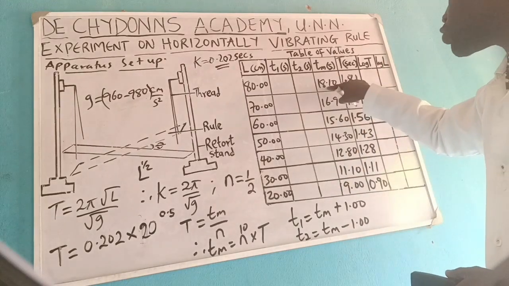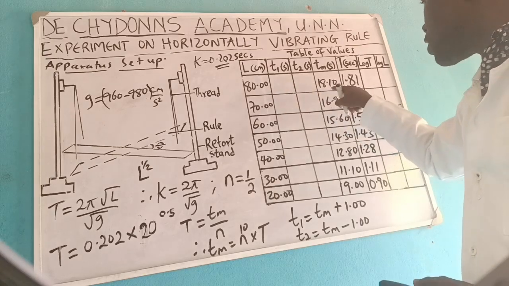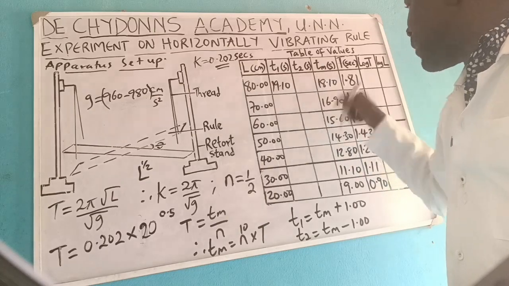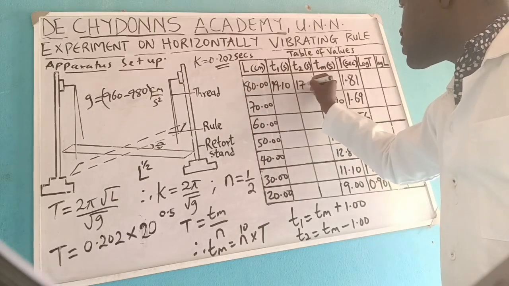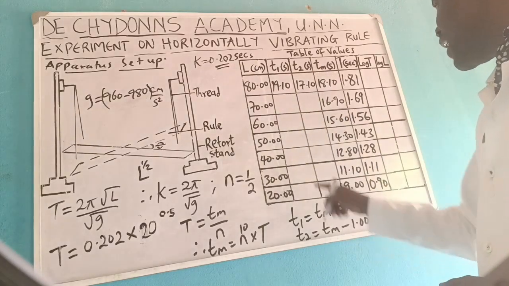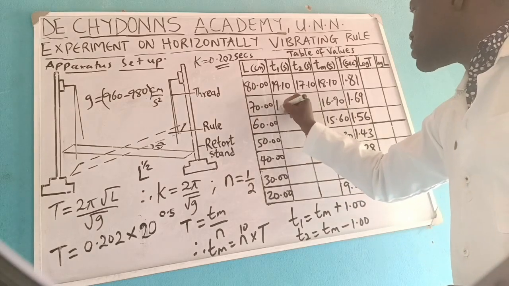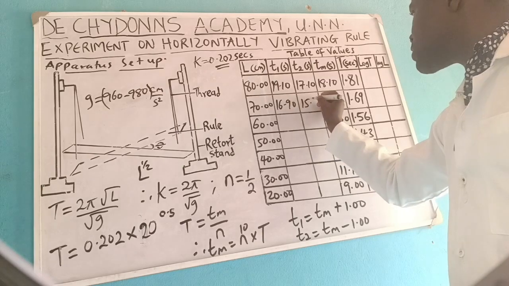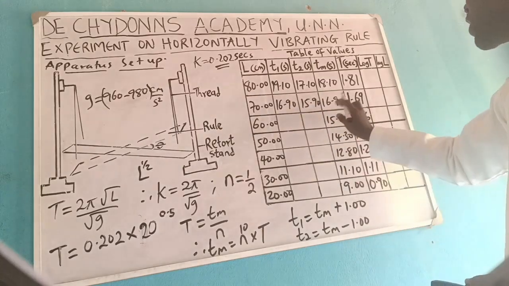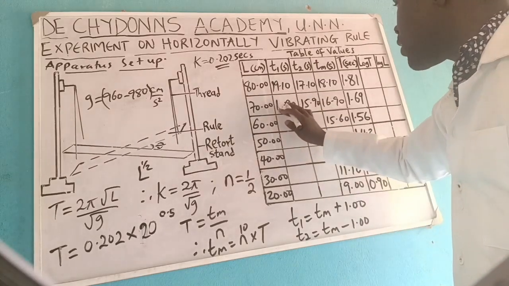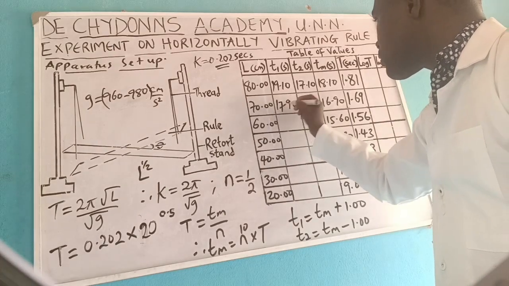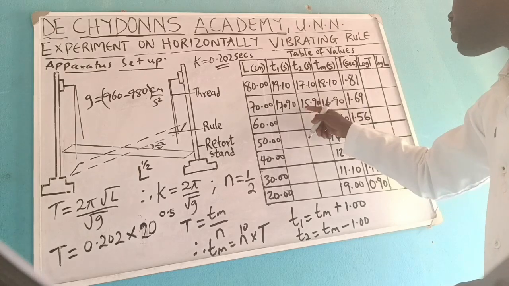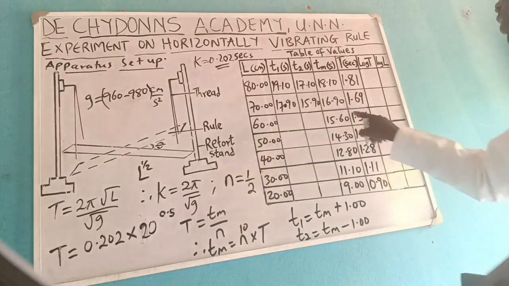So this plus 1 will be giving me 19.10, minus 1, 17.10. Then this one, 16.90, 15.90. This plus 1 will be giving me 17.90, and this one minus 1 will be giving 15.90. This plus 1,